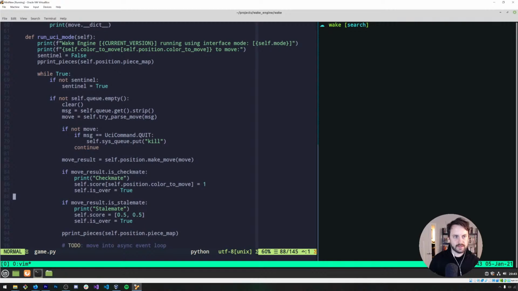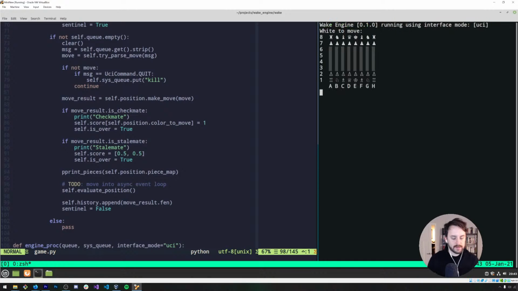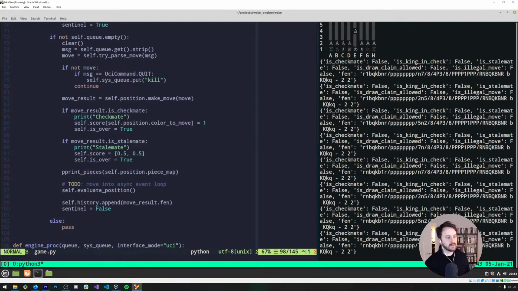And I got rid of this sentinel nonsense. Still needs to finish coming out. Okay, evaluate position. All right, this is starting to look more familiar now. All right, so E2, E4. Nice, okay, so that's right. So the engine actually starts printing out the possible moves it has, and at this point it'll be in the next stream, but the idea is that we want to look through the tree of possible moves. So this is ply, the first ply, and it's only part of the first ply.